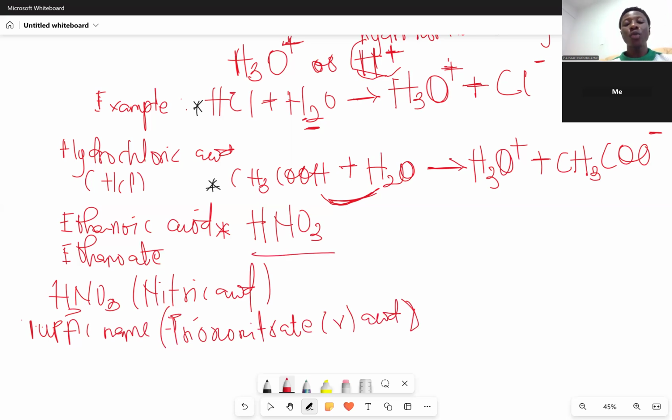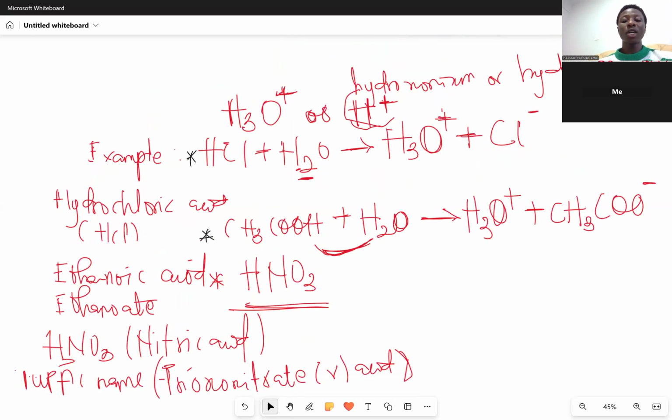So back at what we are doing, not to lose focus. I'm saying nitric acid is an acid. Now it's up to us to prove it's an Arrhenius acid. So, of course, to prove it, acids when dissolved in water, according to Arrhenius, must produce H3O+. Let's see what happens. So the hydrogen comes here.